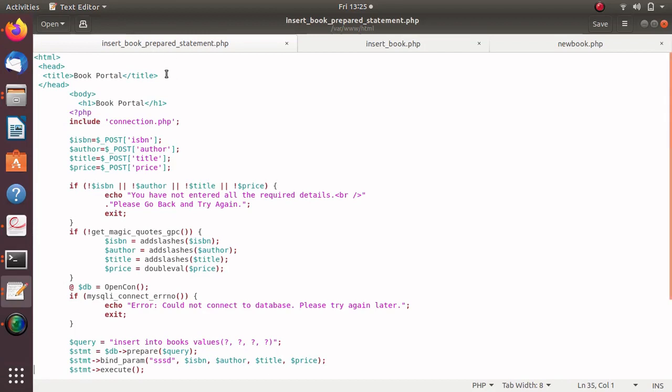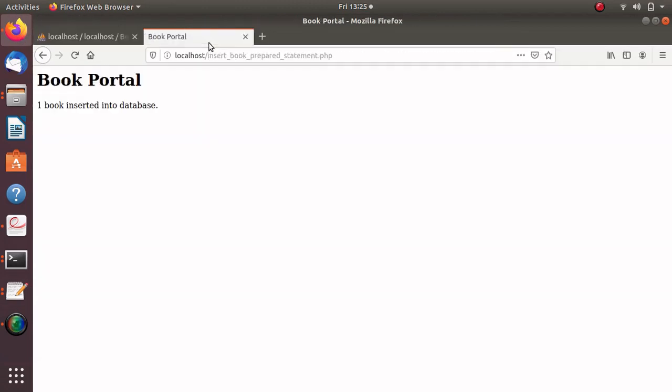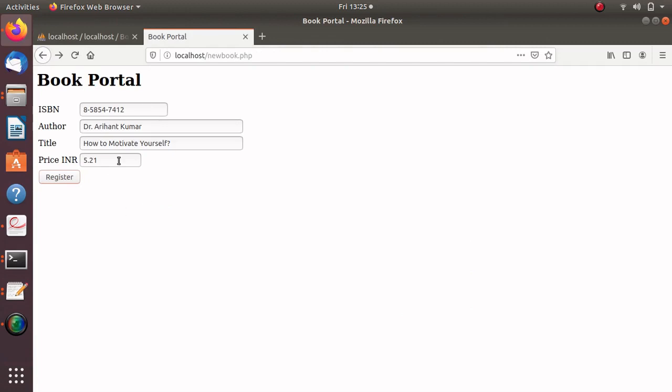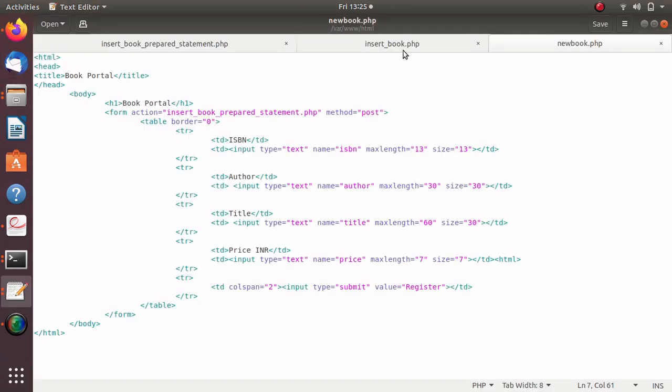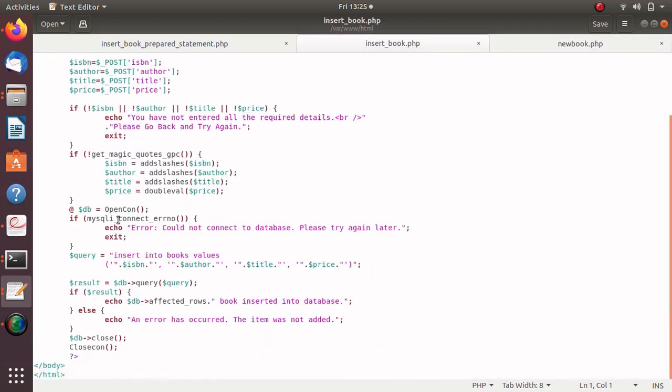So we have that insert book prepared statement.php. In this case, first we have to see the new book page. So let's open it. That is the new book HTML page, and we have insert book.php that we saw in our last video.